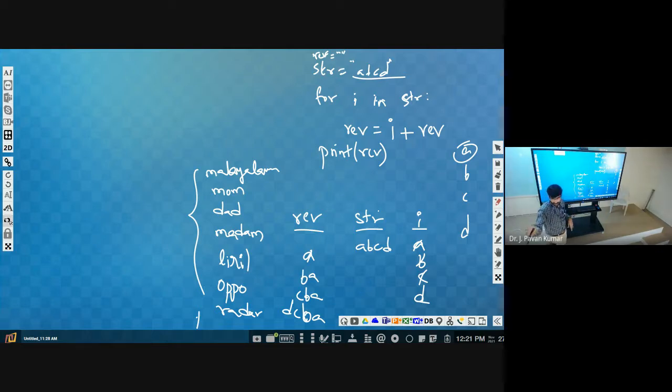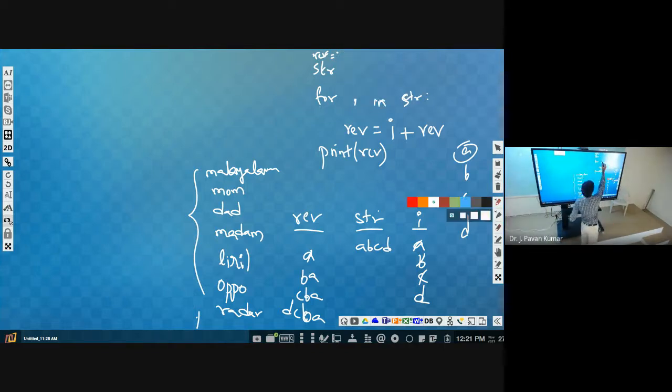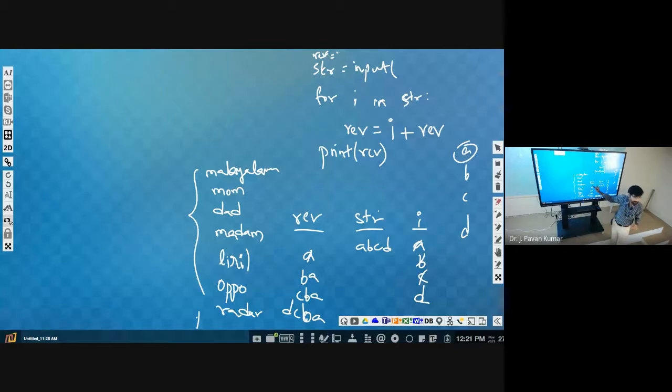Now, what is the objective? We have to check whether the given string is a palindrome or not. So how can we check? We will find whether reverse is equal to string or not.